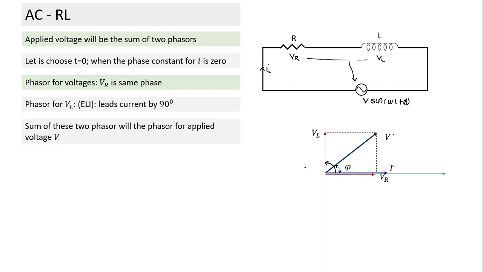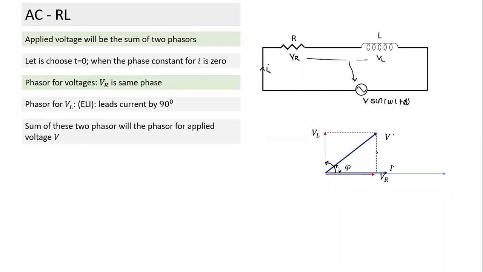And that's what we have drawn in terms of phasor diagram. So what we have done, again, to start from, we have chosen the phase at time t equal to 0. With phase constant, this is the current phasor. And then the VR phasor will be in the same phase as the current phasor in resistance. The VL phasor will lead by 90 degrees. And once we have VL and VR, the phasor sum will be equal to the applied voltage. Now we formed a right angle triangle.